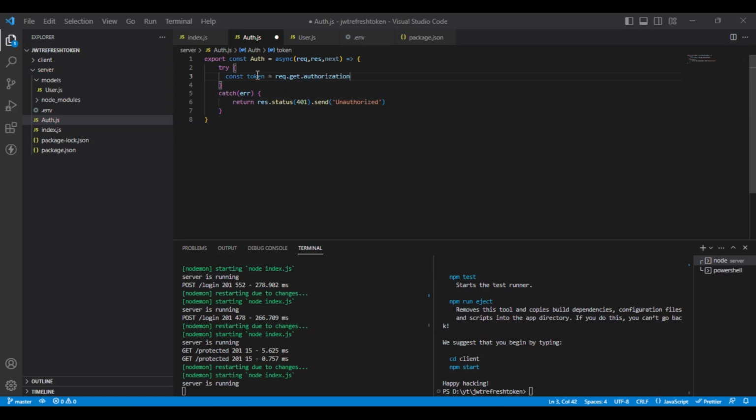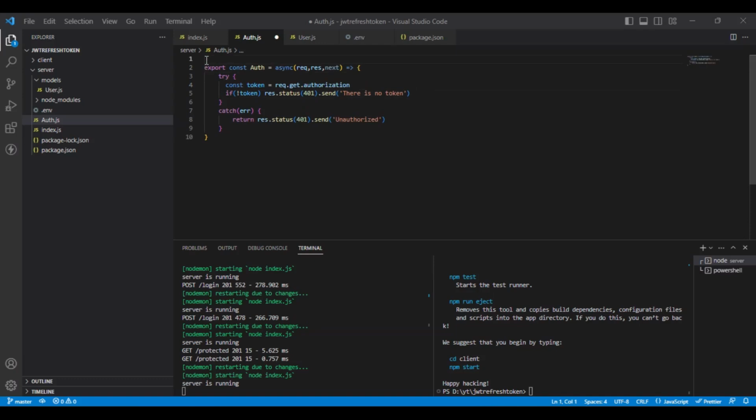Okay, so if no token, I will simply return the 401 again with the message there is no token. Okay, so coming back to here, what I'm going to do is I'm going to import